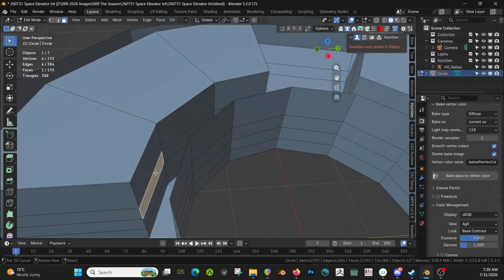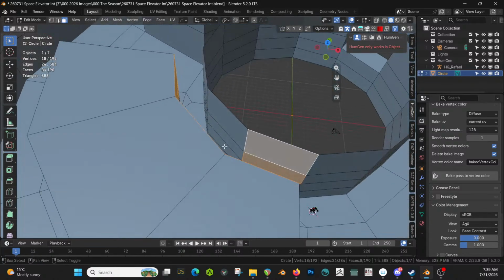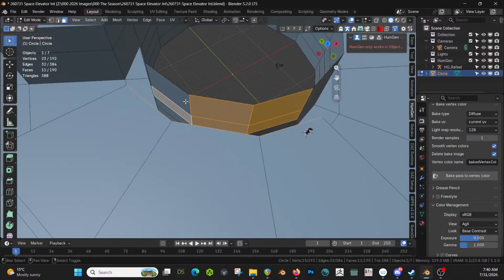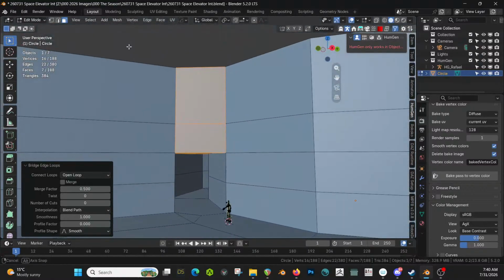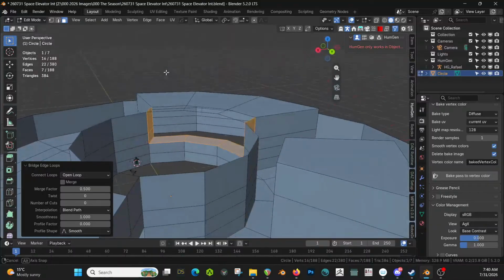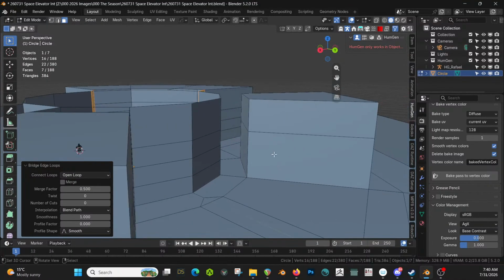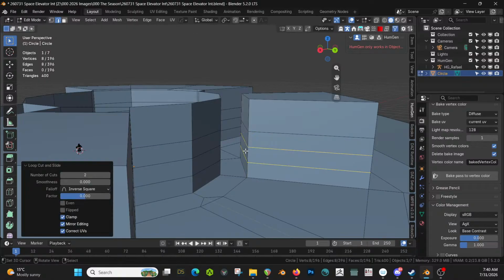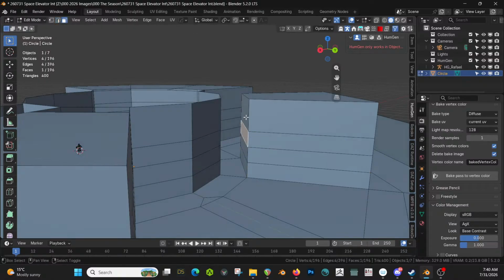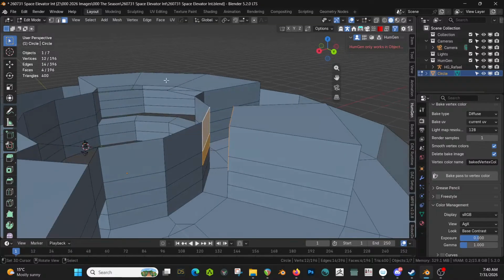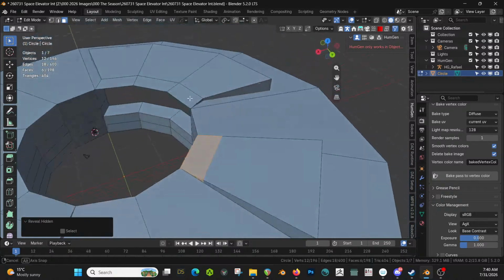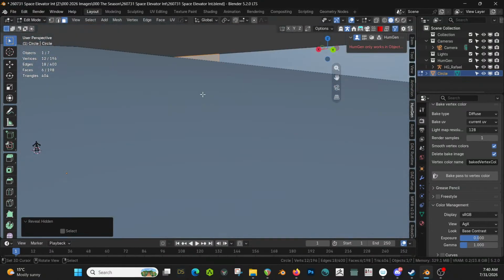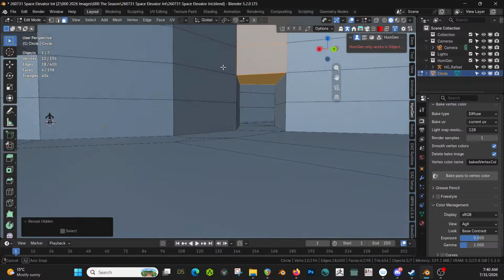And then bridge our edge loops here too. Cool. And then here as well. Oh, this one I got doubled still. Edge, bridge edge loops. Alt hide. Cool. So now we have sort of